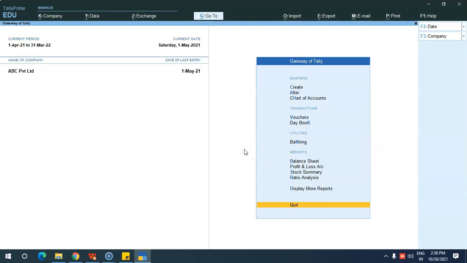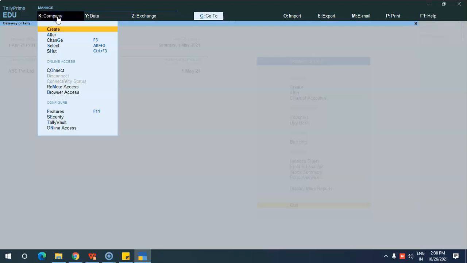So this is one type of password I told you, which you can use whenever you are opening the company in your system, you have to give the Tally Vault password. Usually Tally Vault password will be commonly known by all the persons in the accounts department. Okay, so it is a common password for all opening the company. Next is security control.